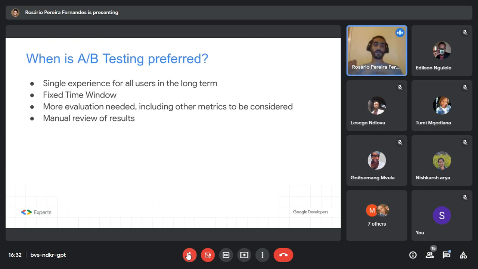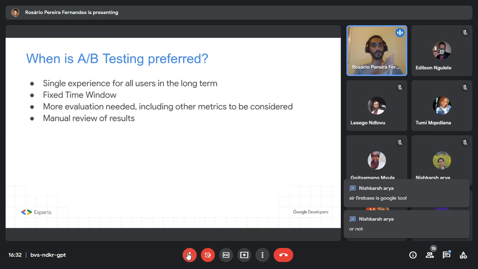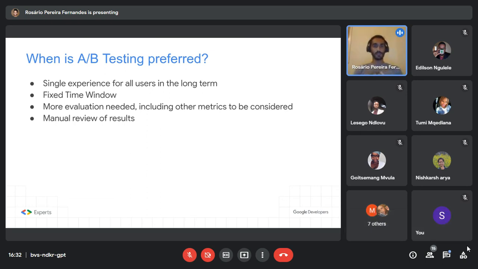Also, go with A/B testing whenever you have a fixed time window to choose the best experience. A/B testing is good because you're running those tests for a set amount of time. Once that's done, you get the results, you get that nice report, and then you can act on it. While in personalization, you're just leaving the feature running. The ML algorithm is going to learn over time. It's going to try and improve, and there's no fixed time limit to when that thing is going to stop. It just keeps improving itself as your app runs on every device.